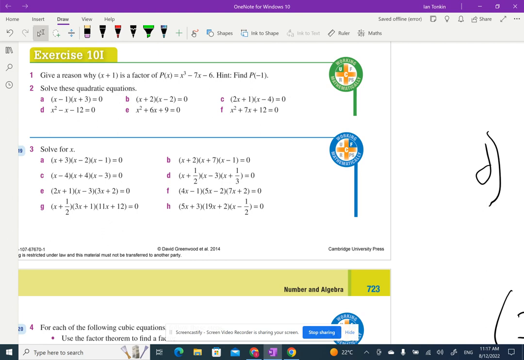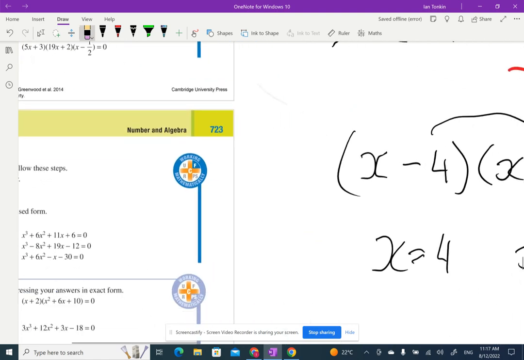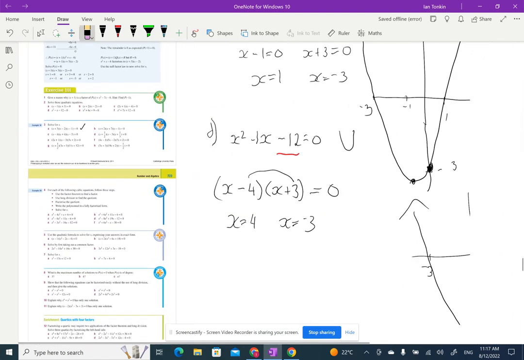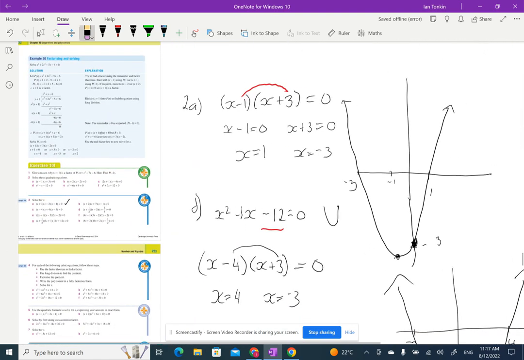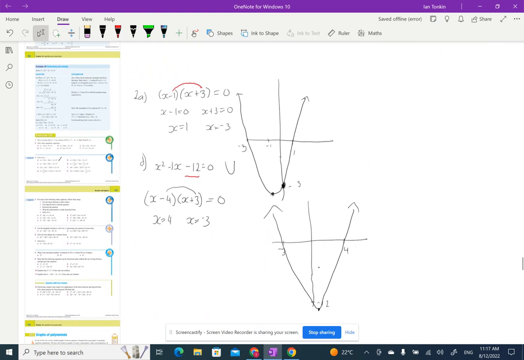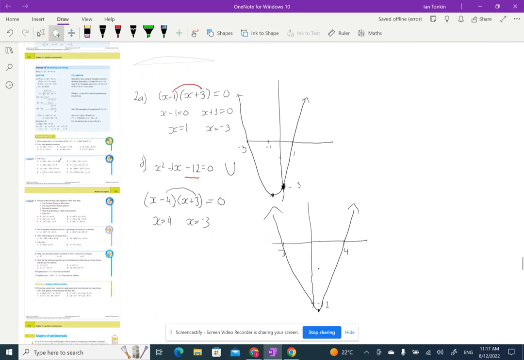quadratics. So when I'm factorising or trying to solve a cubic, so this is a cubic here, because I'm going to have an x times an x times an x, so there times there times there, I'm going to get an x cubed, and it's a positive cubic. Now the shape of a cubic, and I'm just going to create some room here. All right. The shape of a positive cubic